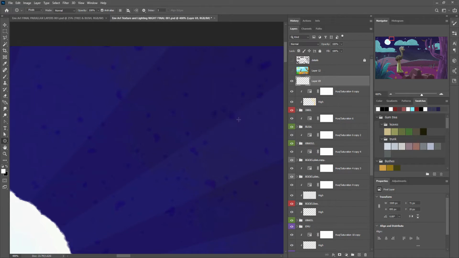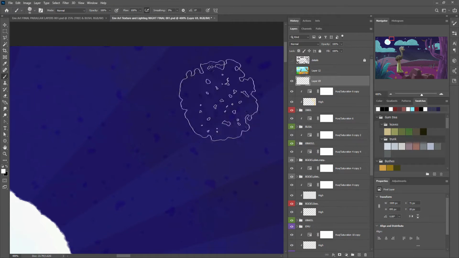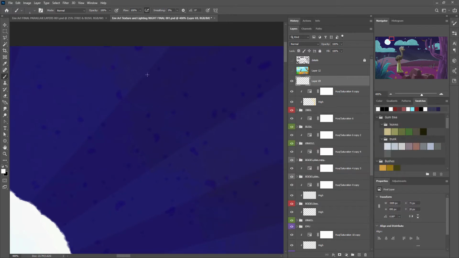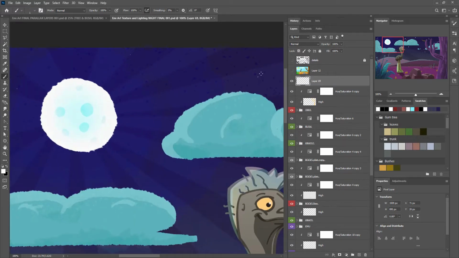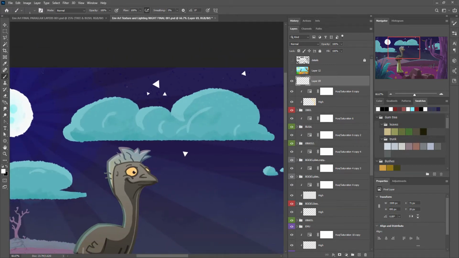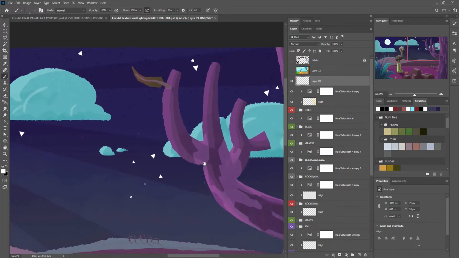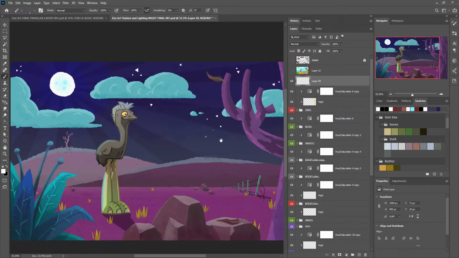For ones that are this small, it's actually easier just to go into the brush tool and go with a super tiny brush, like 1 or 2 pixels, and just physically draw them in. So something like that. We can put a gradient over that to make them fade down the screen as well. So that would be with a